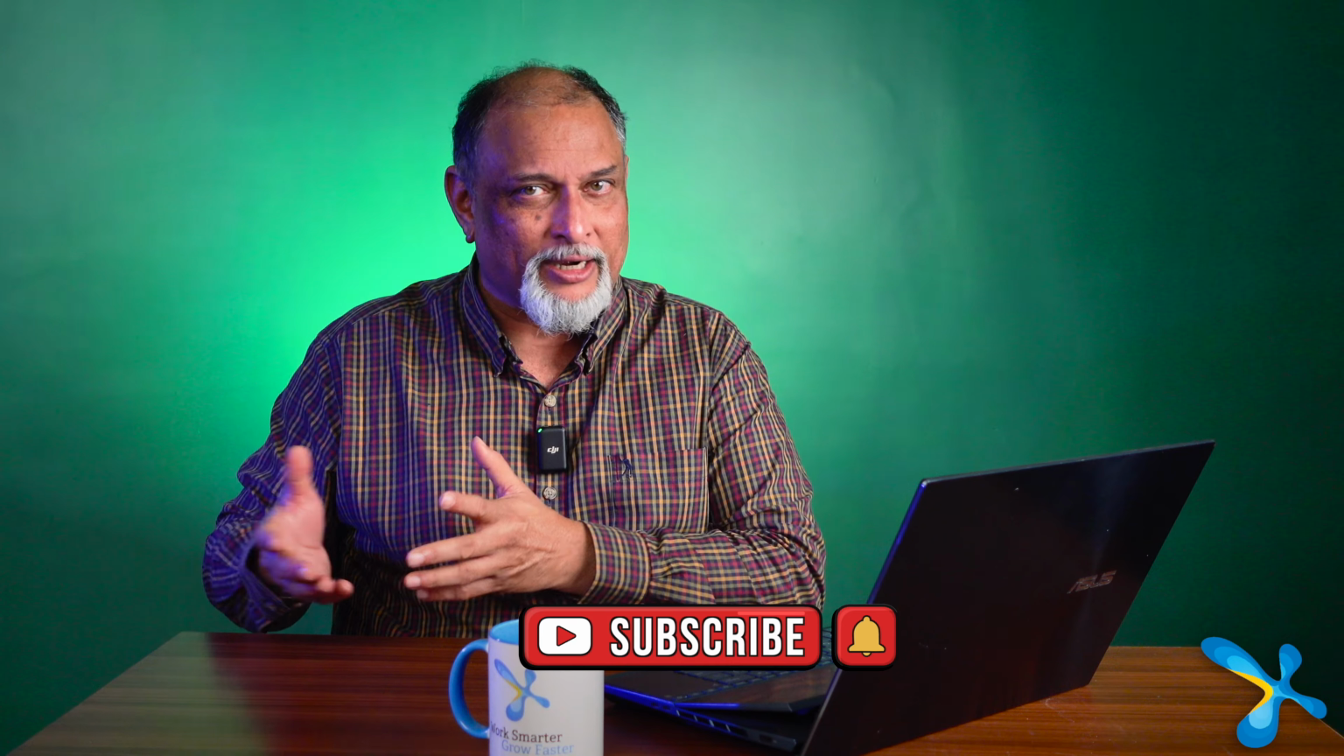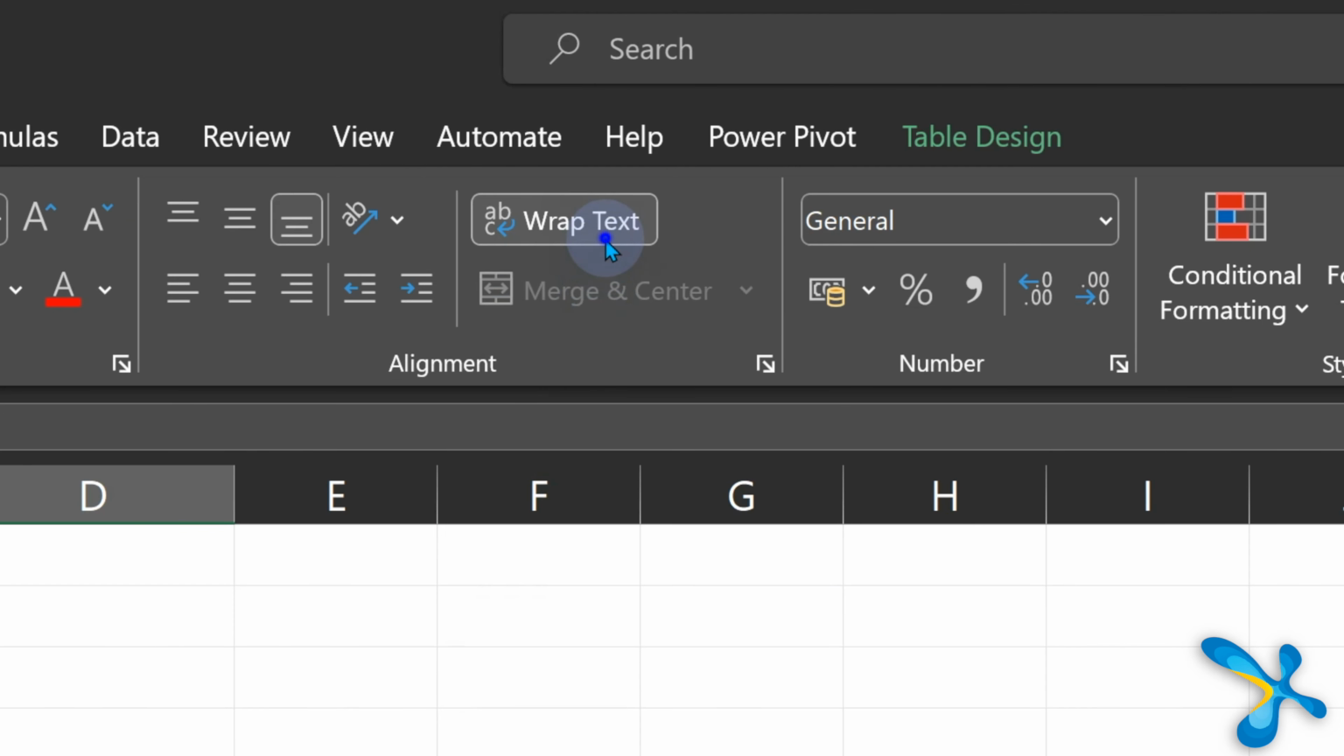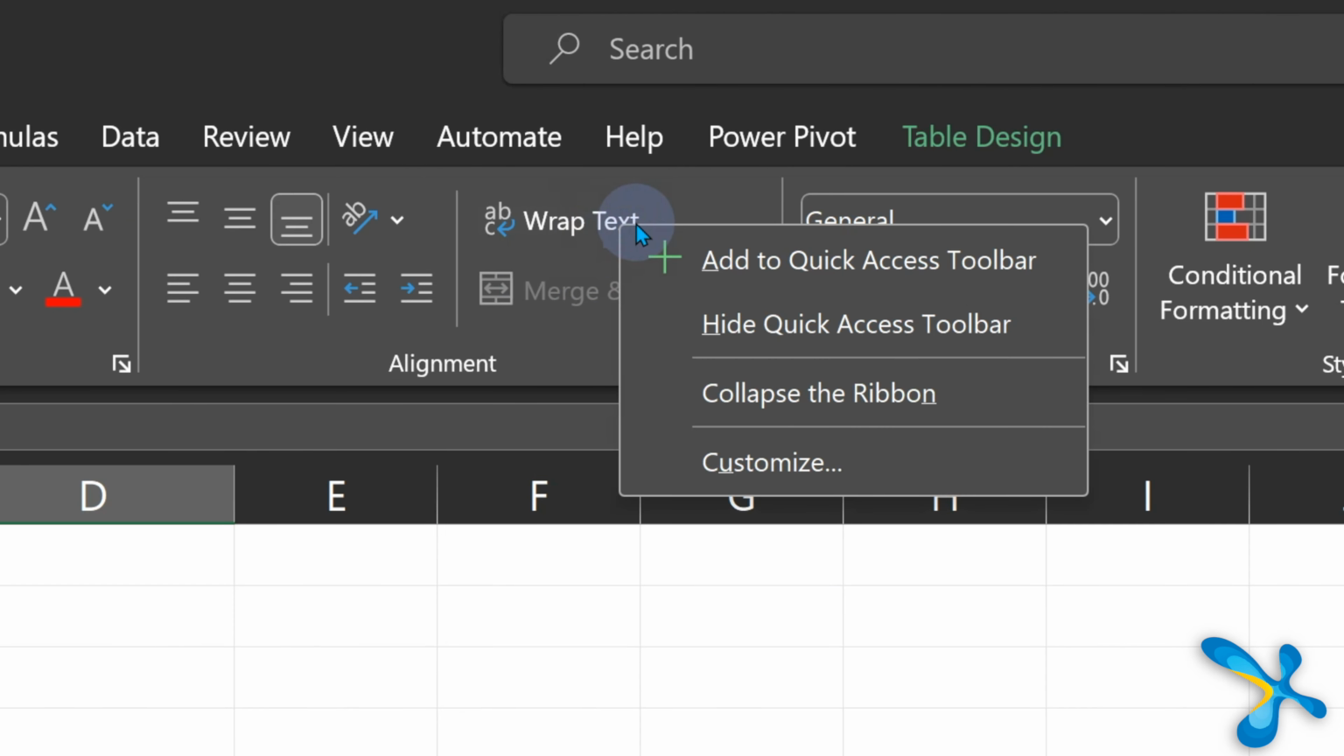Some of them you already know. Control B is bold, Control P is print, and so on. Now the problem comes if you are using a button and it does not have a shortcut. Now, of course, we can do some programming and all that, but we are going to do it without programming. So remember, you have a button, it doesn't have a shortcut, but you need it, right click and look at that